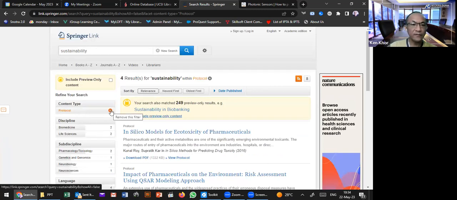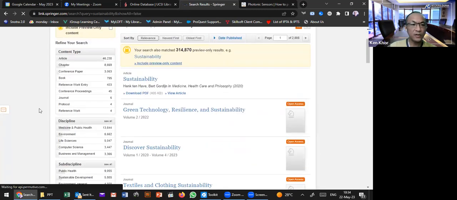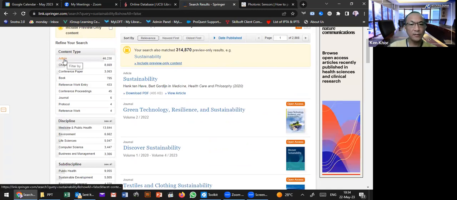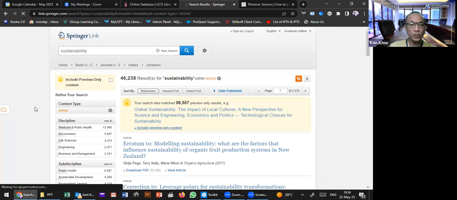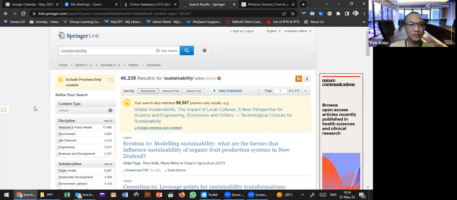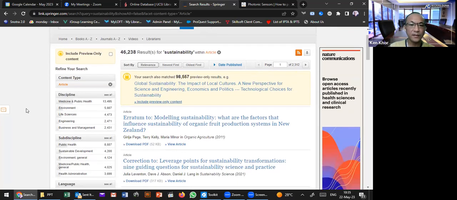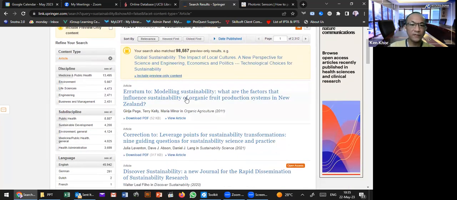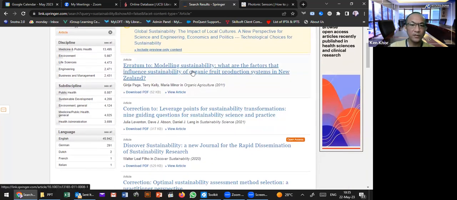So we can unfilter it, and then we can try other content types. Okay, maybe we go back to article again, because articles are still the highest content. I can see the most content in this database. Okay, so for the article, you can always check